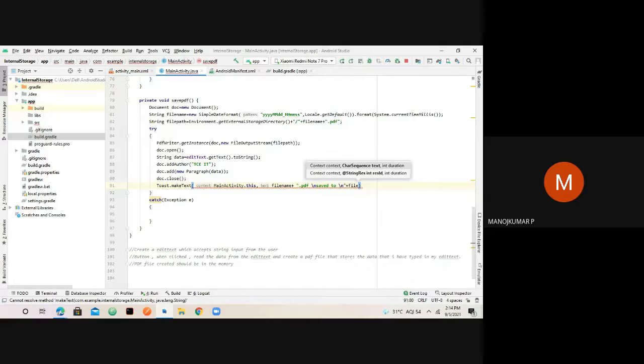Okay, so on the whole this is a string. It specifies, okay, this is what you have created, and this is stored properly, right? With a meaningful message.